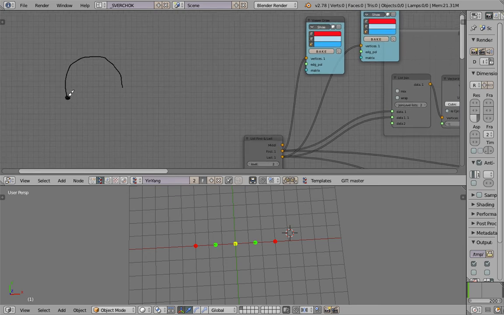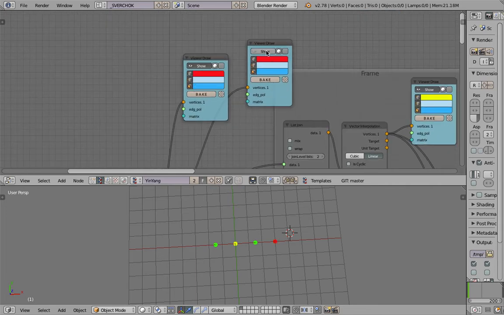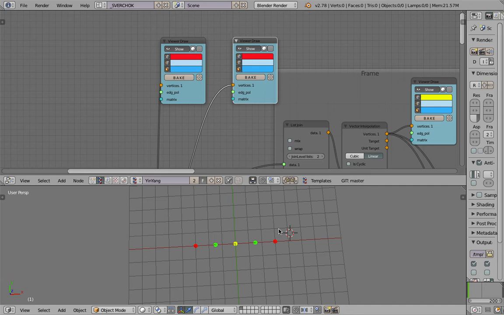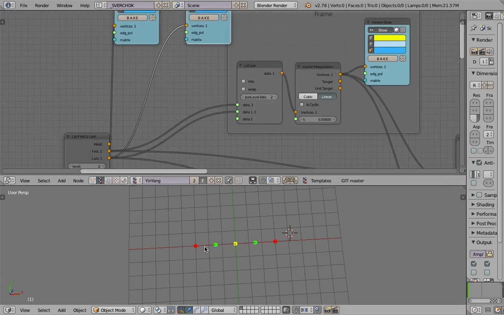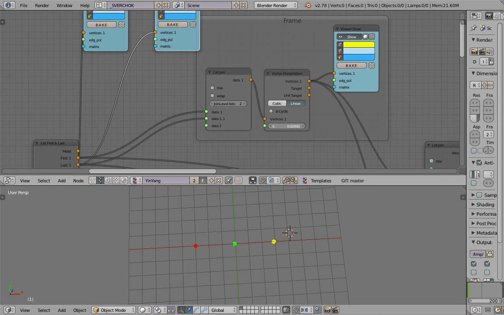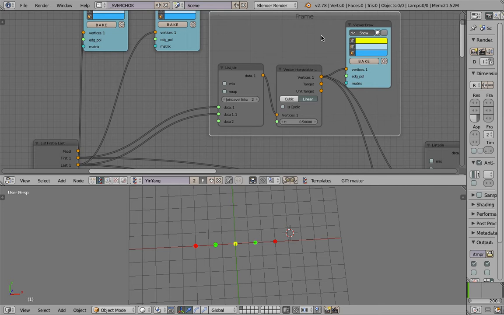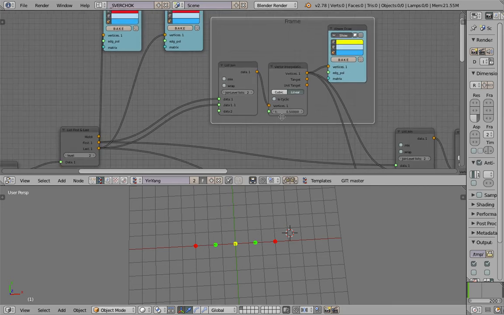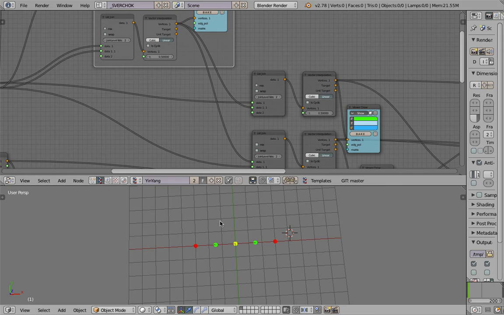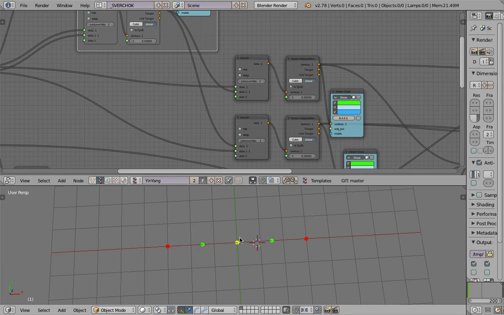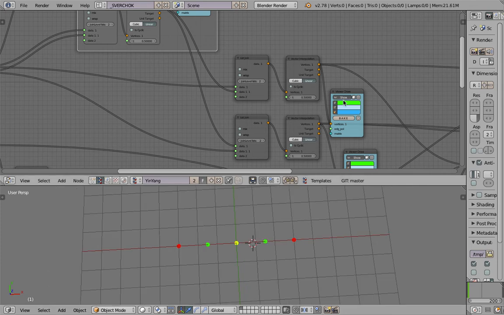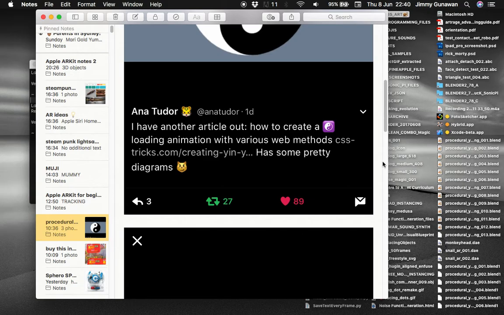So I want to get the first and last points of the half circle, which are these red color dots, and based on those red dots, I get the center between those 2 points, which is the yellow dot in this case. So the yellow dot is really the center point between the first and last points of the half circle, and then from those points and the center point, we can get the green one, which is really just half of the red and the yellow for both sides. So if we go back to the diagram here,